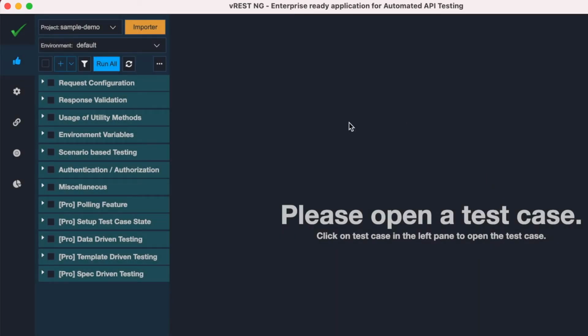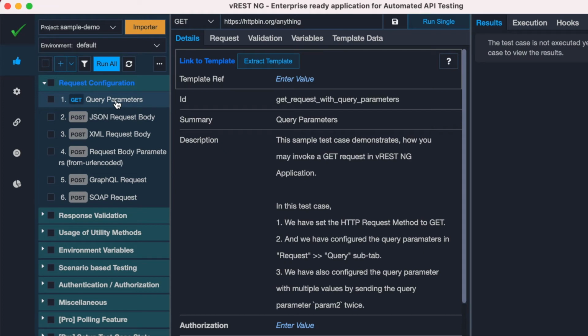So as you can see that it has automatically created the sample demo test cases in the project. So as our sample project has been set up, I will not go in details what these test cases correspond to. You may explore them on your own. In this session, let's understand the various ways of executing these test cases.